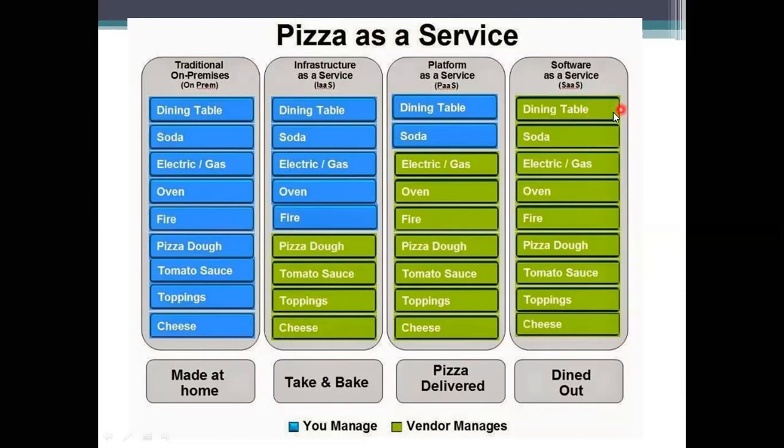The reserved table will be given by the hotel or whoever, and you take the soda that is available, which means you won't have choices here. What it is doing is making it available to you, that's all. You don't have any options or any choices there.